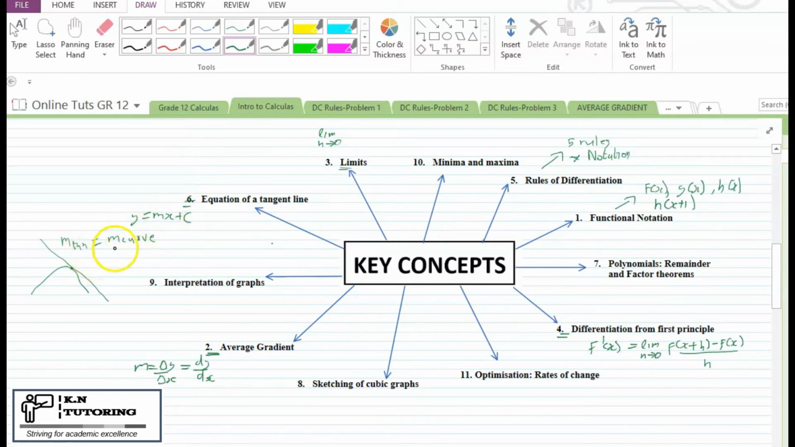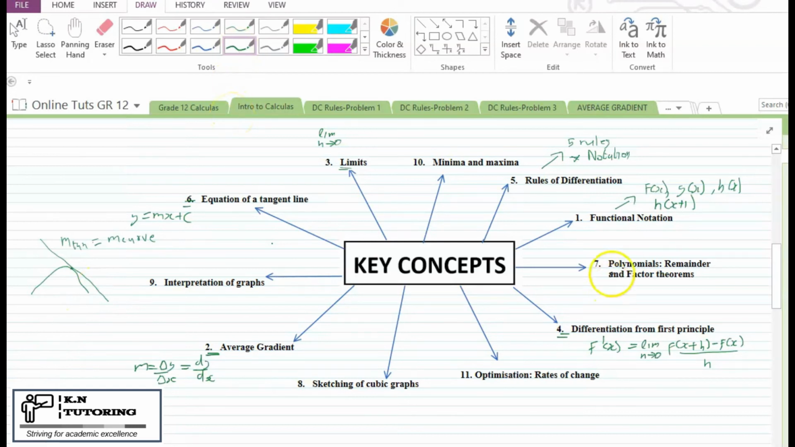In some questions you'll be given the gradient of a curve, then you'll be asked to determine the equation of a tangent line. Sometimes it's vice versa. It's all around that concept of derivatives: the gradient of a tangent is equal to the gradient of a curve. So one way or the other, you will have to use this equation. Okay,